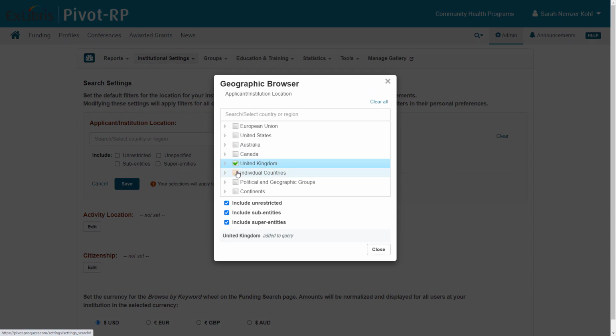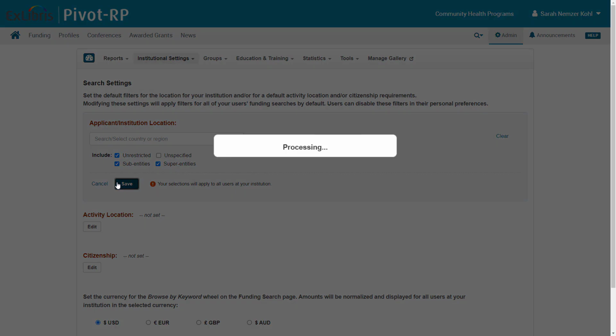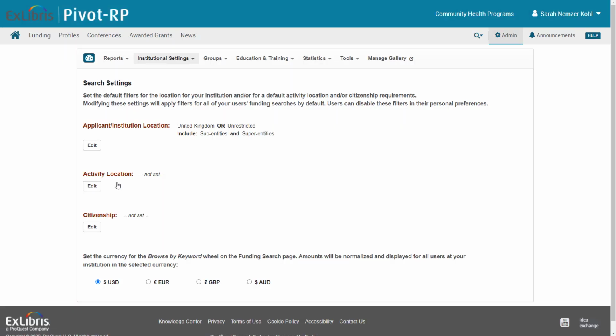If you choose United Kingdom, for example, and check Include Sub-Entities, this will include opportunities for the United Kingdom as well as England, Wales, Scotland, etc. If you check Include Super-Entities, this will also include opportunities relevant for geopolitical groupings for which the UK can participate. Check the box for Include Unrestricted for opportunities that are available for any location. Click Save. This will limit your users' search results to funding opportunities that are relevant to the location of your